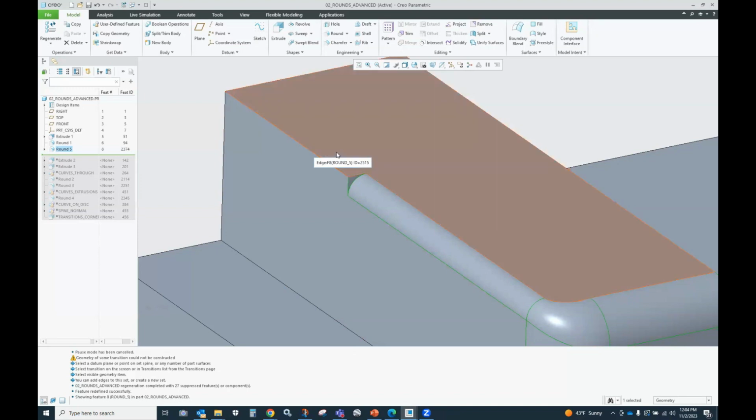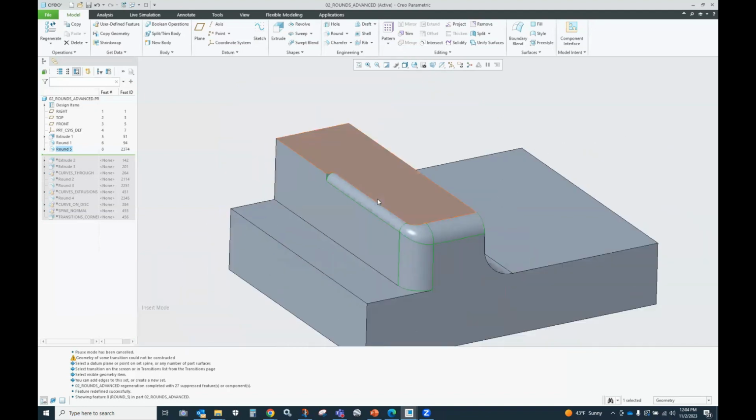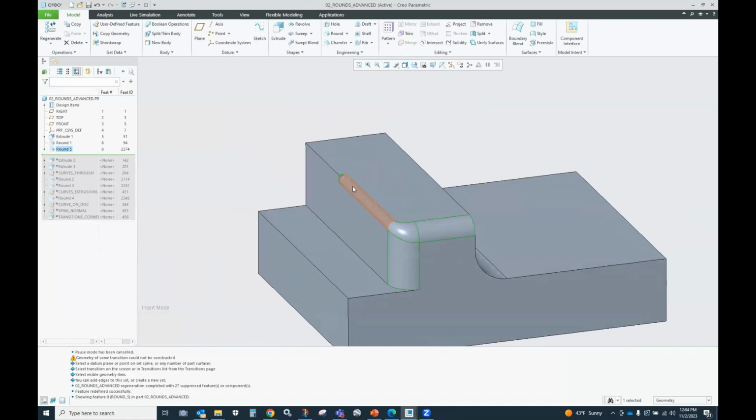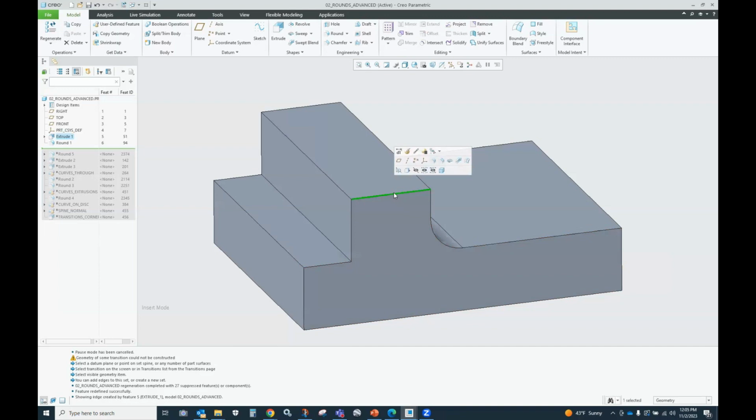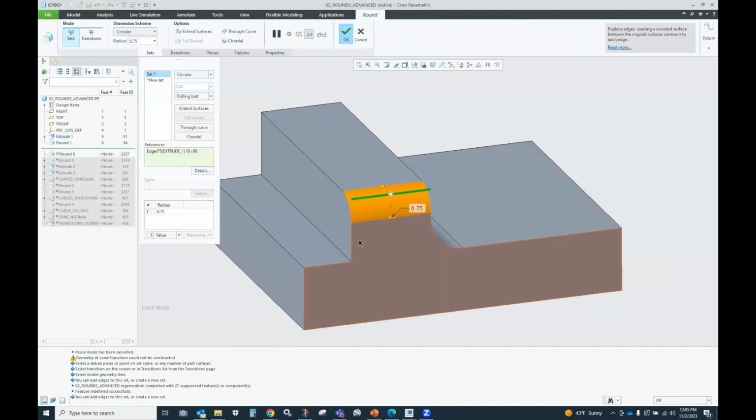It doesn't really matter whether that's a straight edge or a curved edge or whatever the case may be. It just cares about the ID. If it finds the ID, it'll try to create the round. Okay. Now, another case for transitions is on this edge, if I create a round, and I want you to